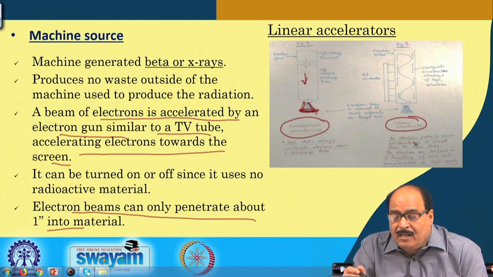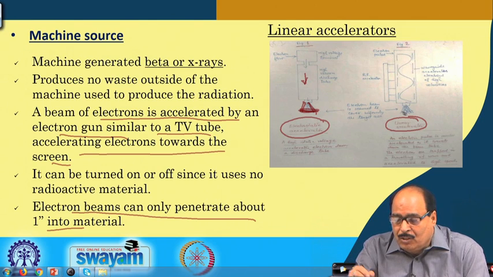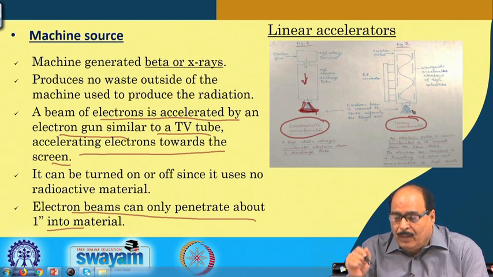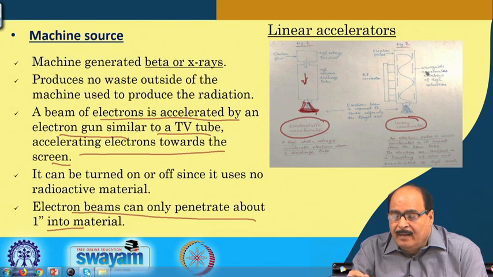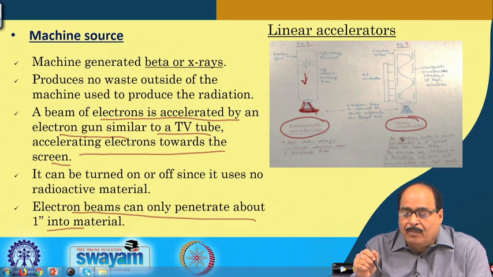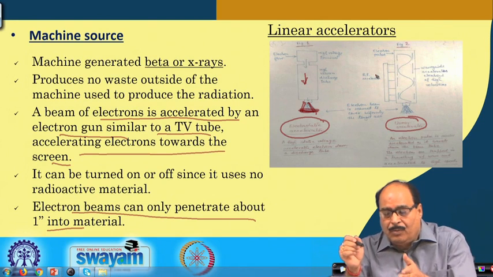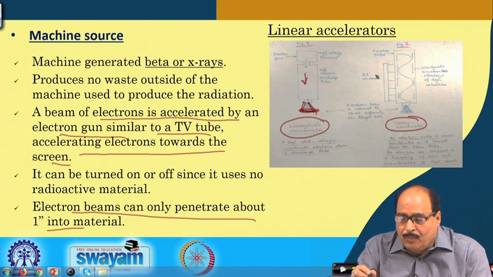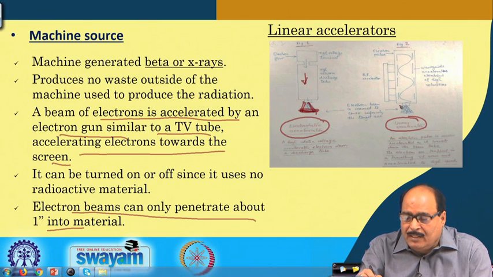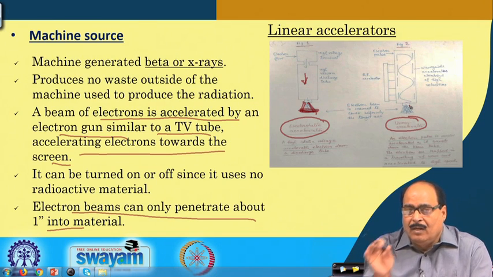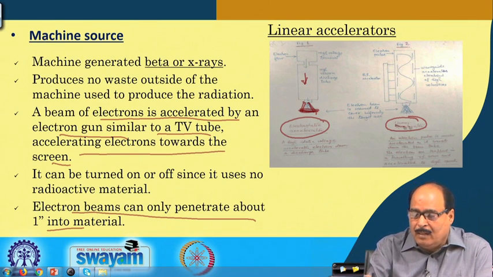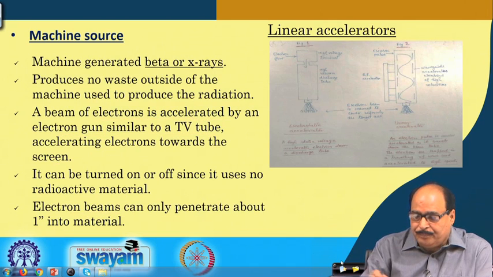In the linear accelerators, the electron pulse is accelerated as it moves downwards, and it is trapped in a waveguide, it is accelerated, and electrons move through with higher velocities, and radio frequency accelerators are also provided. So, in this case also, it is finally scanned through the scanner to cover a uniform area.